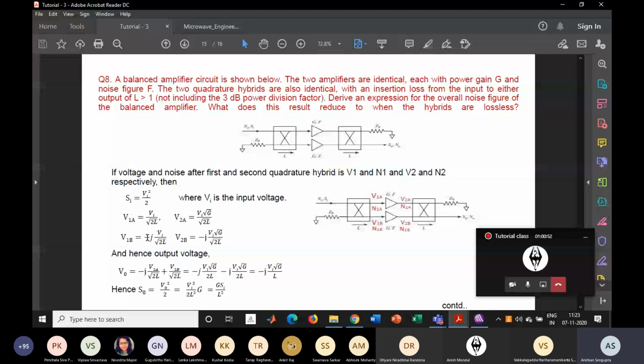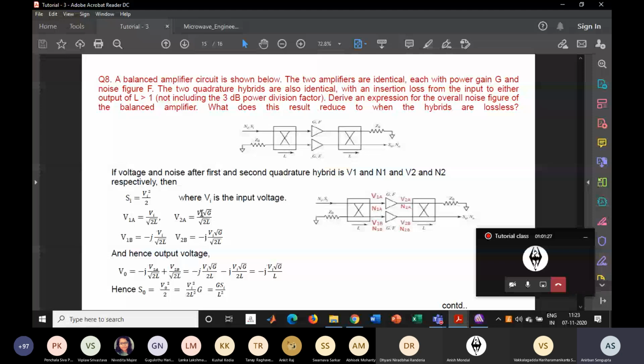Now at the output of the first amplifier, what will be the voltage V2A? That is V1A into root G, because G is given as a power gain and we are dealing with voltage, so we have to take the square root of the gain. The same for V2B: minus j Vi root G by root 2L. Hence the output voltage, because all the outputs are coming at this point,